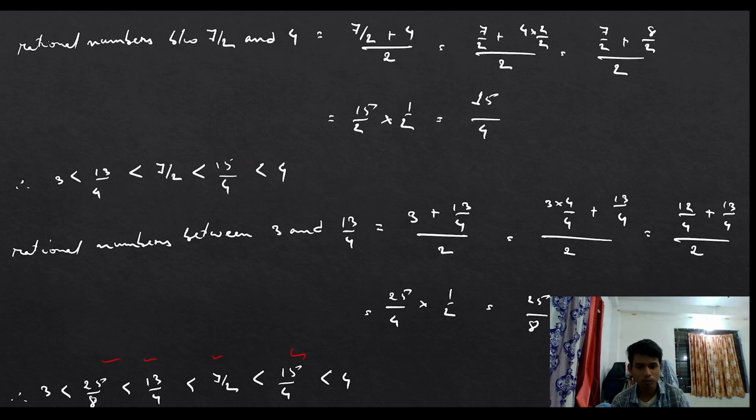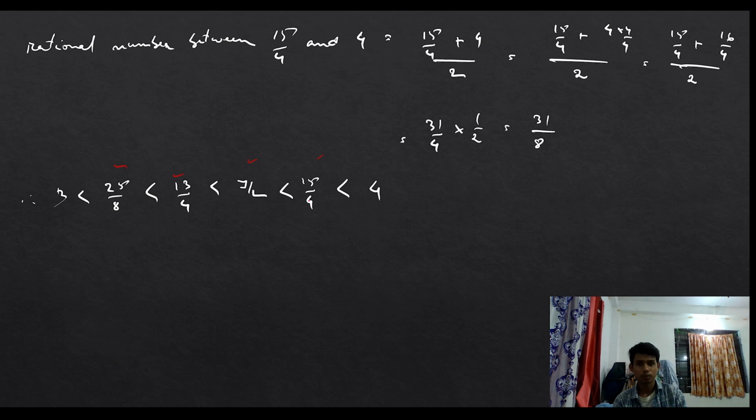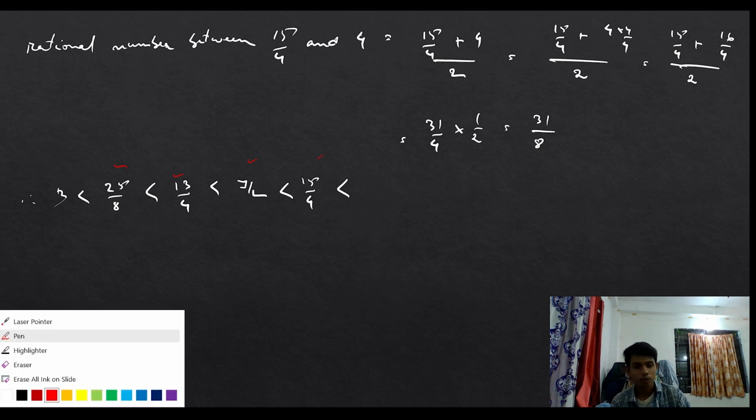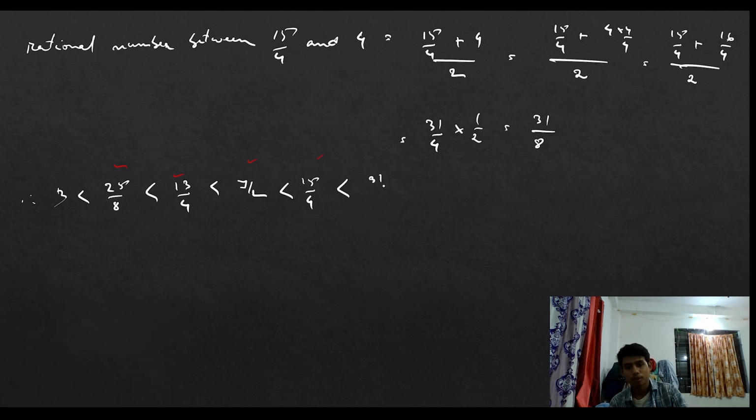So 15 by 4, 30, 31 by 8, then 4, 1 2 3 4 5. Okay, now the rational number between 3 and